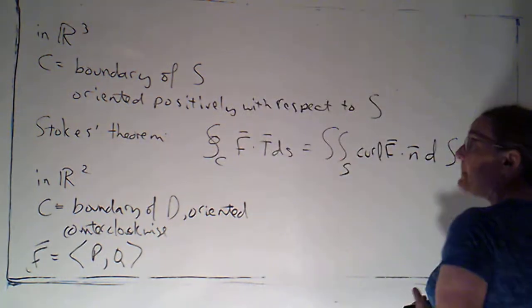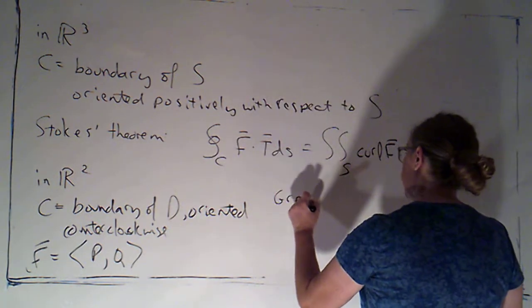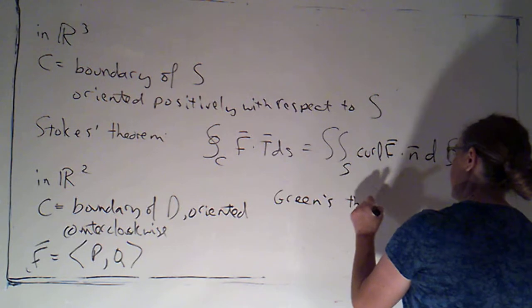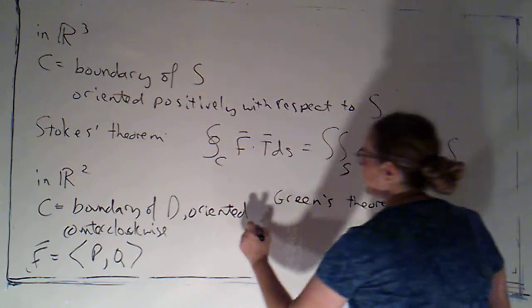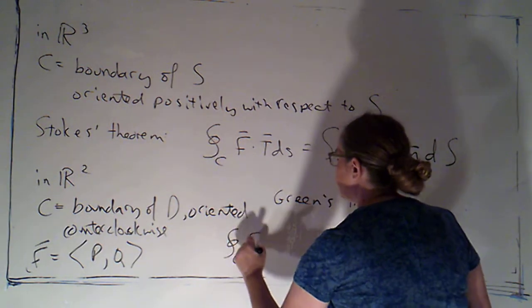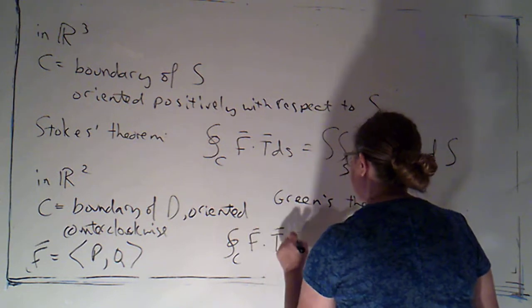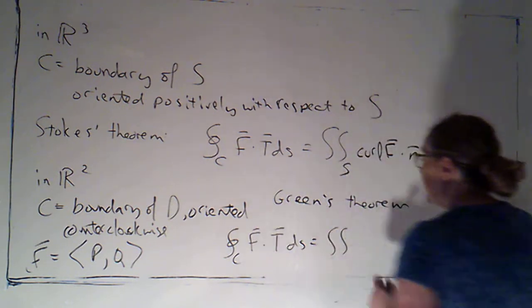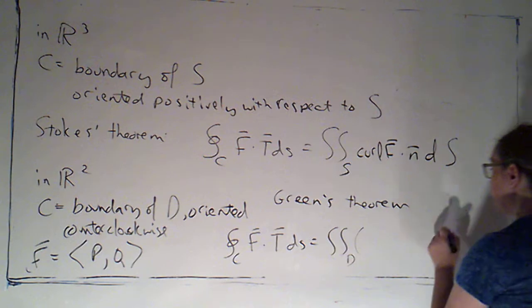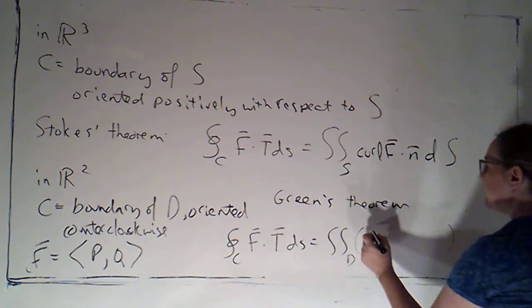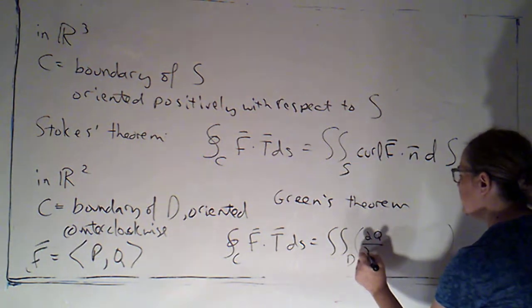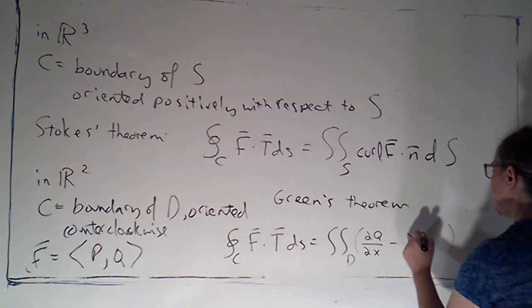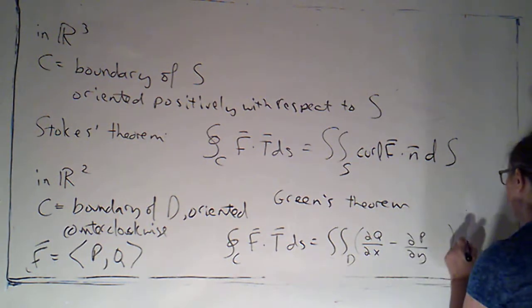Okay. Then we can use Green's theorem, which states that the integral around C of f dotted with t ds is just the double integral over D of the partial of q with respect to x minus the partial of p with respect to y